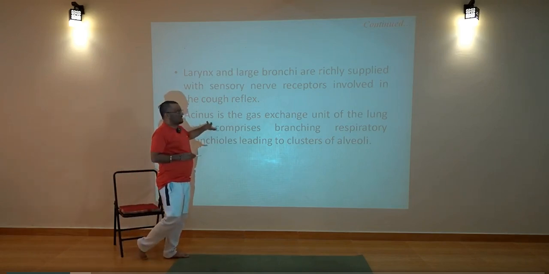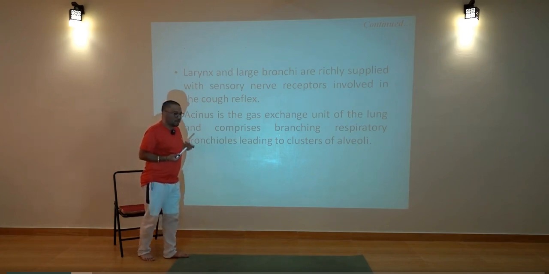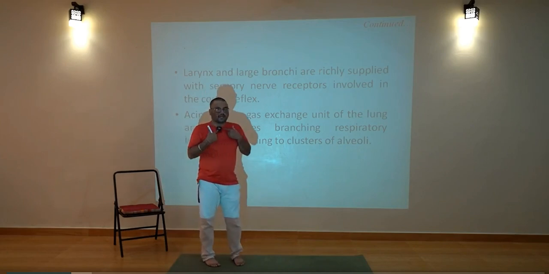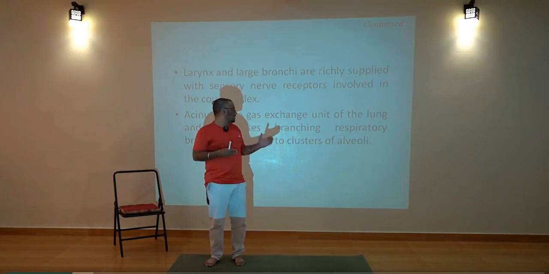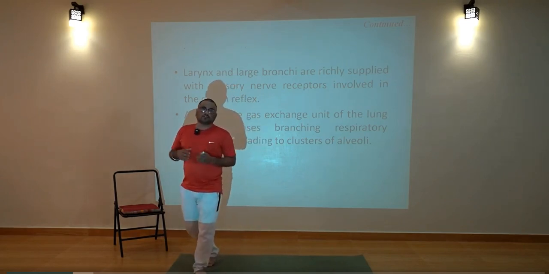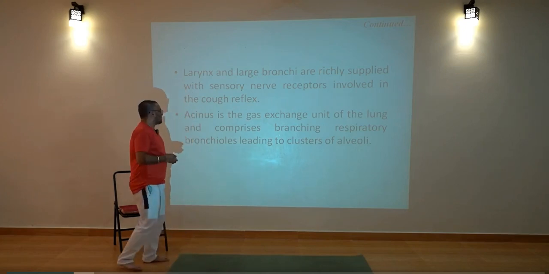The acinus is the gas exchange unit of the lungs and comprises branching respiratory bronchioles leading to a cluster of alveoli. The bronchi are like the roots of a tree. They divide into the bronchioles, and the bronchioles lead to the cluster of alveoli, the small grape-like structures at the base of the lungs. So if we go to the next slide now,